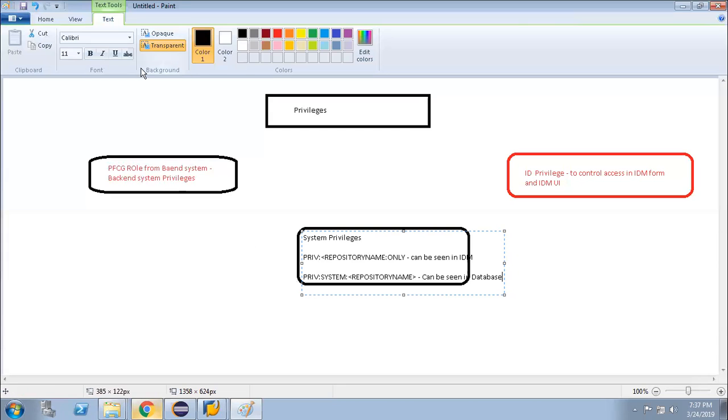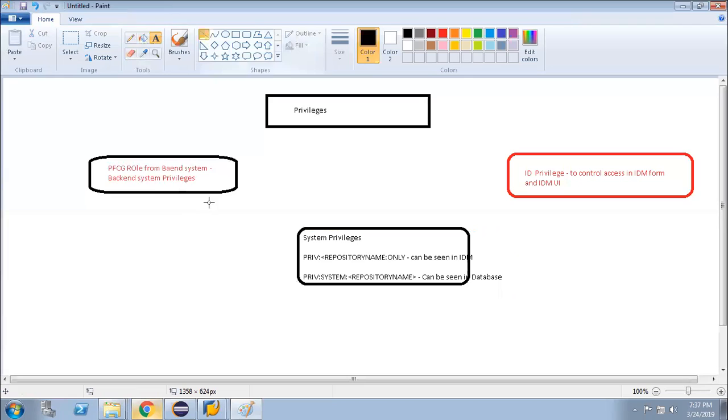Why are these privileges linked with the backend system privileges? They are interlinked. Interlinked means we link every backend system privilege to this system privilege. Why? Whenever I assign a particular role, meaning these PFCG privileges, to a user, how do I check whether the user ID is available in the corresponding system or not?